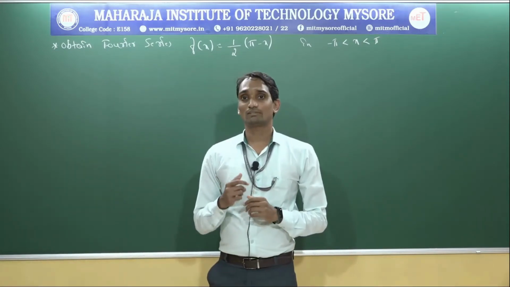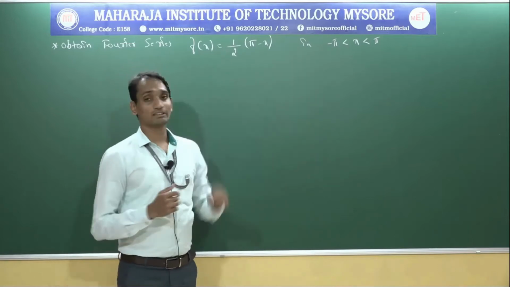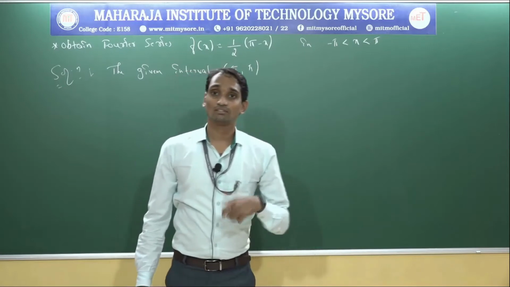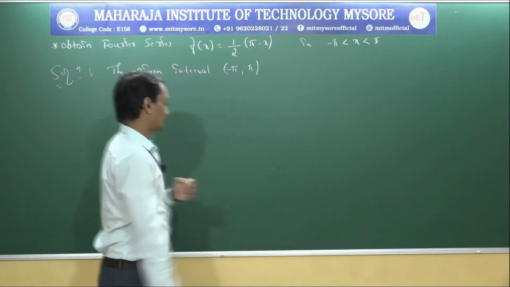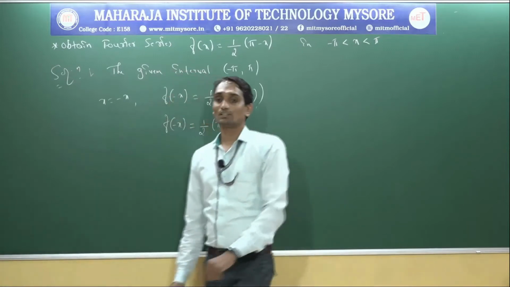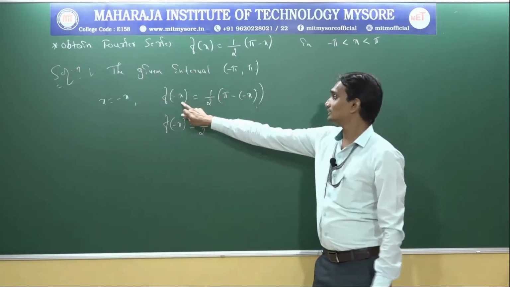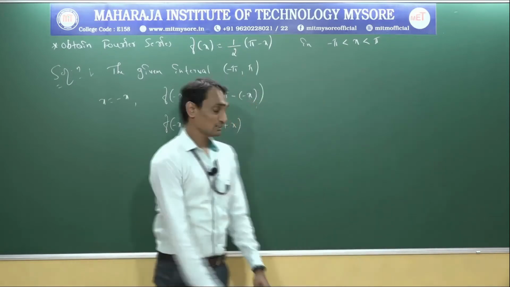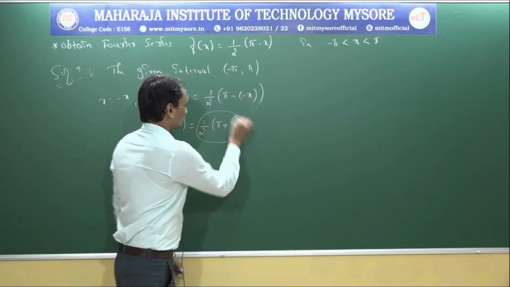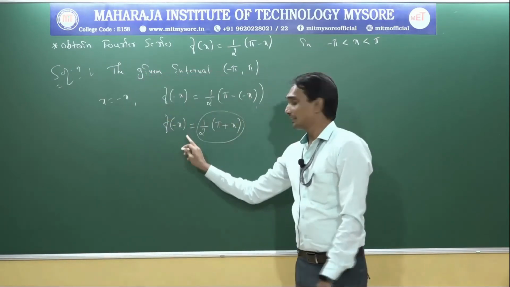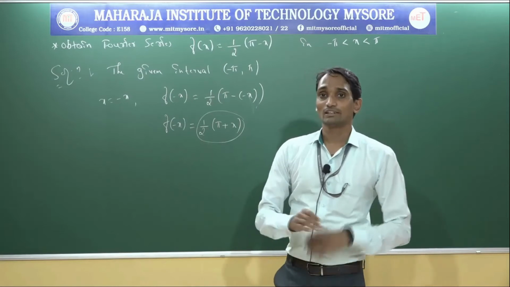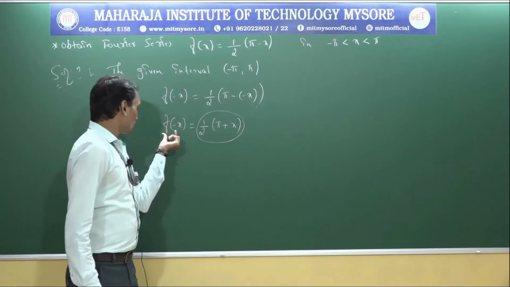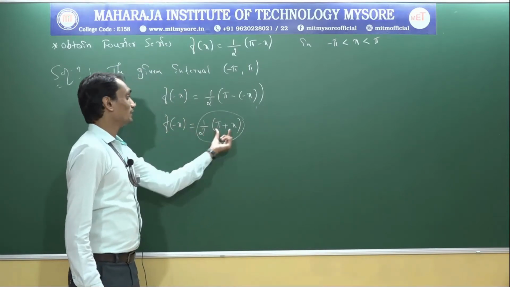The first thing is we need to verify whether it is an even or odd function. See the given interval, that is minus pi to plus pi. So while verifying even and odd function, we need to substitute x equal to minus x. Now I am replacing x with minus x. So f of minus x equals 1 by 2 into (pi minus of minus x), which will become pi plus x. In all the previous problems, you got f of minus x equal to some value that was nothing but the given function. Now you got the value f of minus x equal to 1 by 2 into (pi plus x).